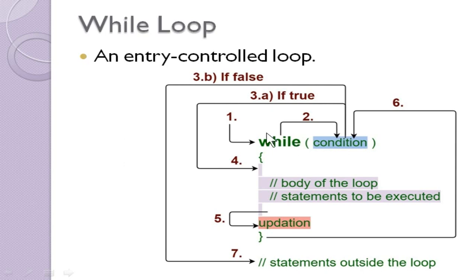You can see the number one is the while statement will be executed, and number two is the condition. So if the condition is true, it directly goes into the body of the loop, executes the body of the loop, and after which you will see an updation statement at the end. After updating, it will go back to the condition. If the condition is true, again this process will continue till the condition is false. Once the condition is false, it comes out of the body of the loop. This is the working of a while loop.